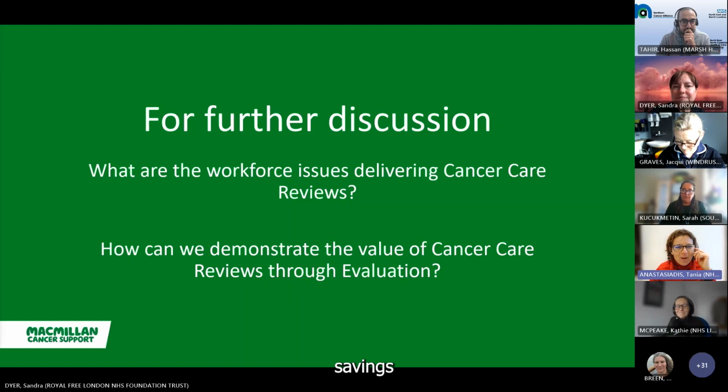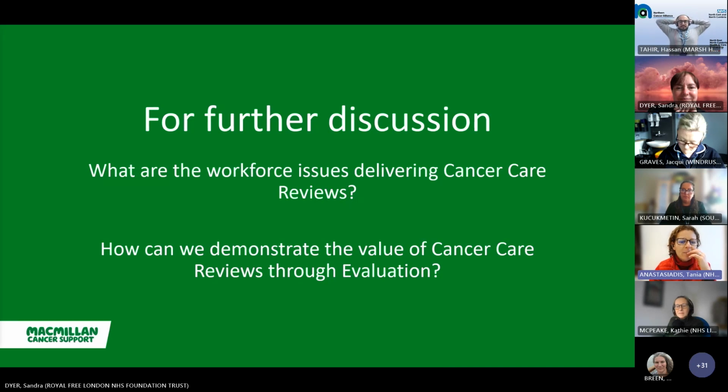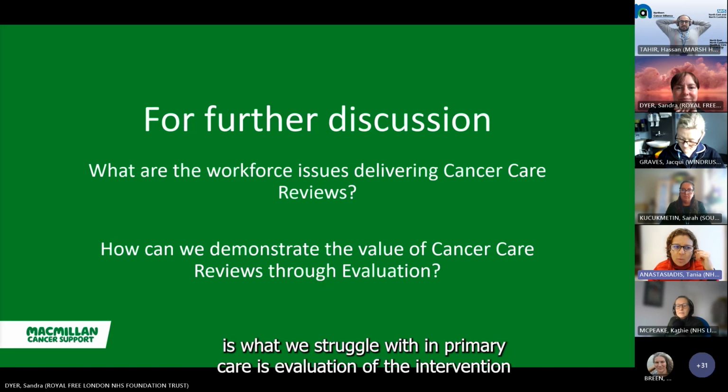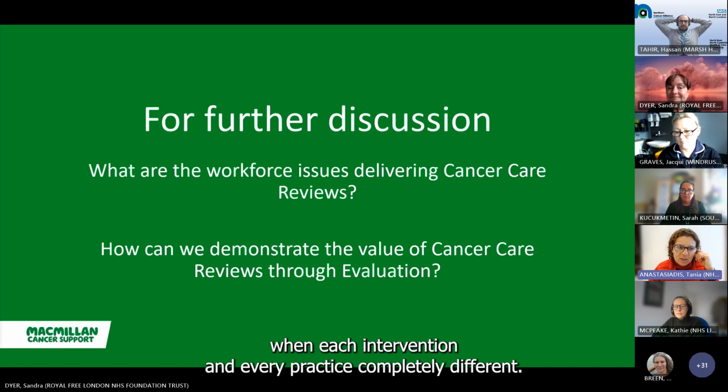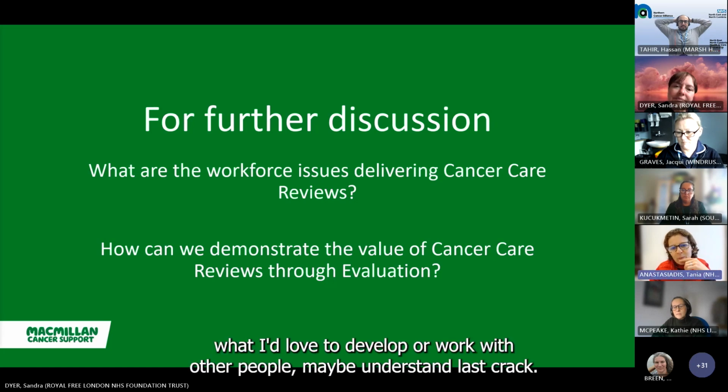savings from various interventions. My other point really was, I suppose, it goes in line with the pack you've just presented on personalised care, is what we struggle with in primary care is evaluation of the intervention when each intervention at every practice is completely different. So I know that what I'd love to develop or work with other people, maybe understand if someone else has cracked